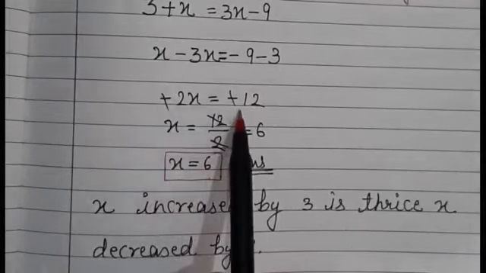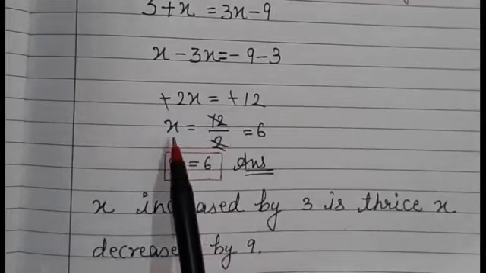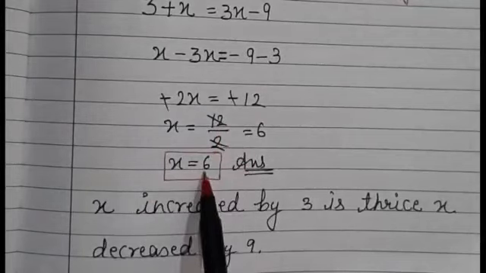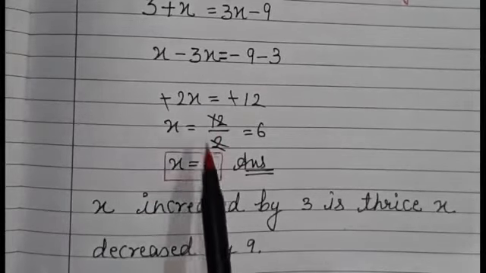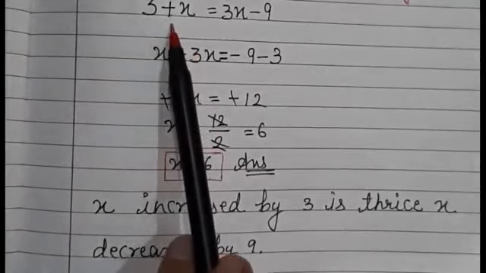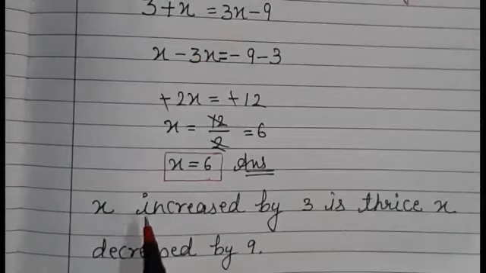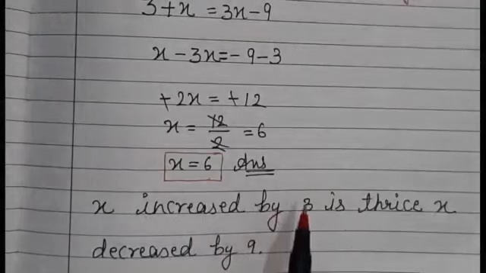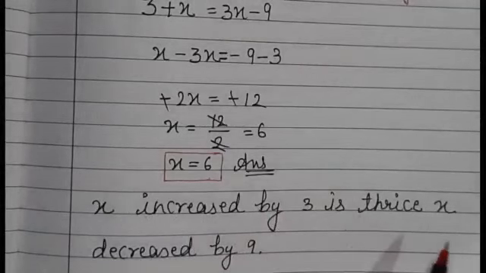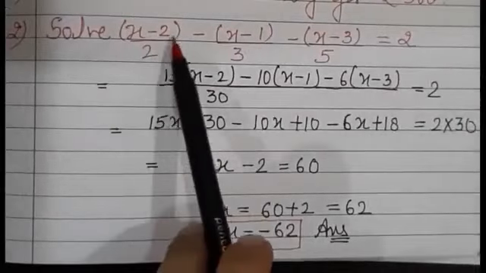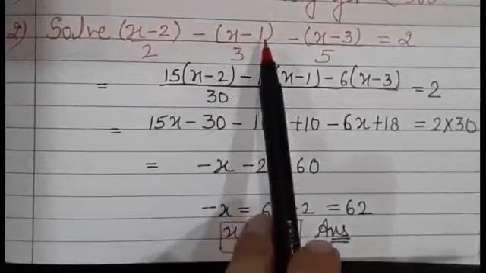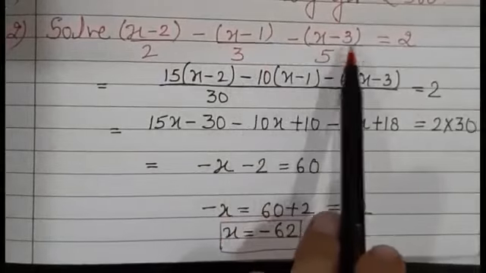Cancel out the negative sign from both sides. The x value will be 12 by 2, that is 6. Right? Now we have to convert this equation into statement form also. What can we write? We can write: x increased by 3 is thrice x decreased by 9. Okay? Now second numerical, solve (x minus 2) upon 2 minus (x minus 1) upon 3 minus (x minus 3)